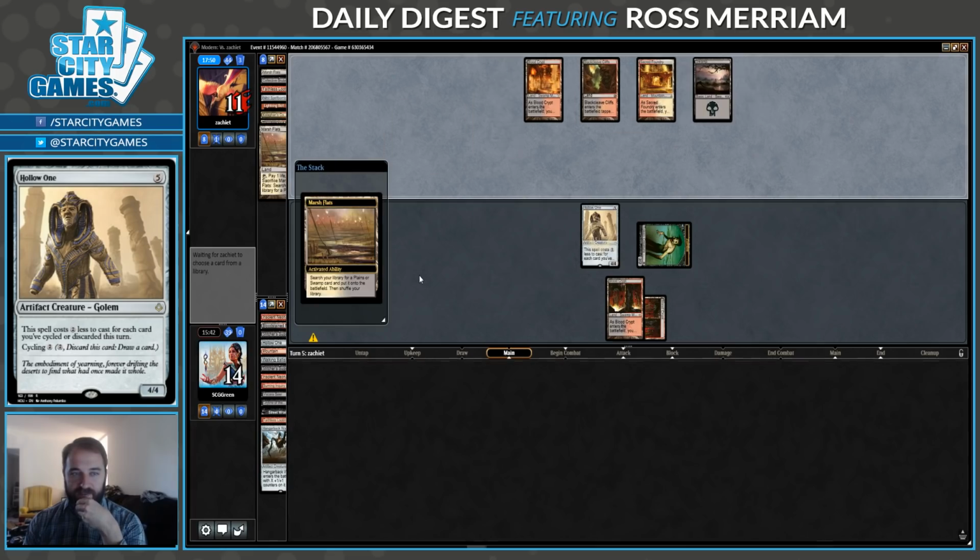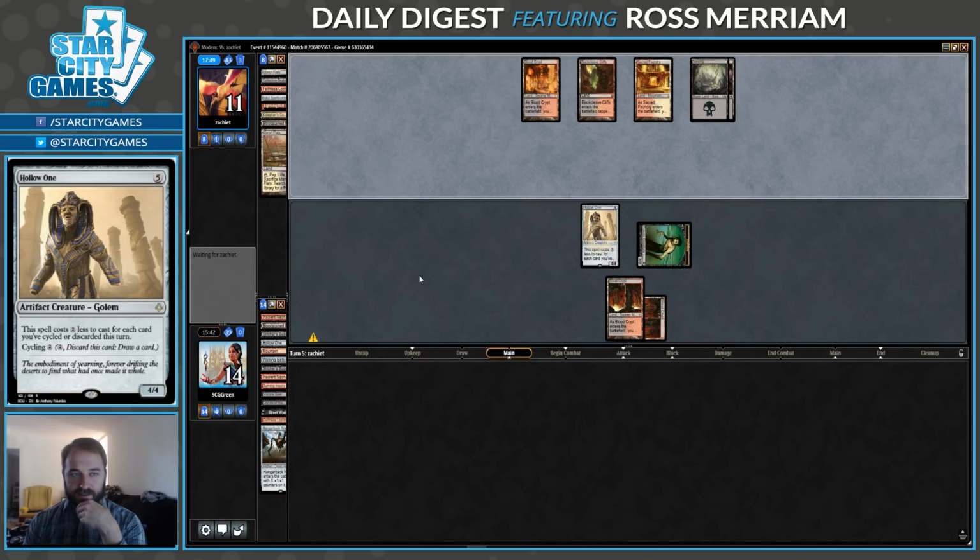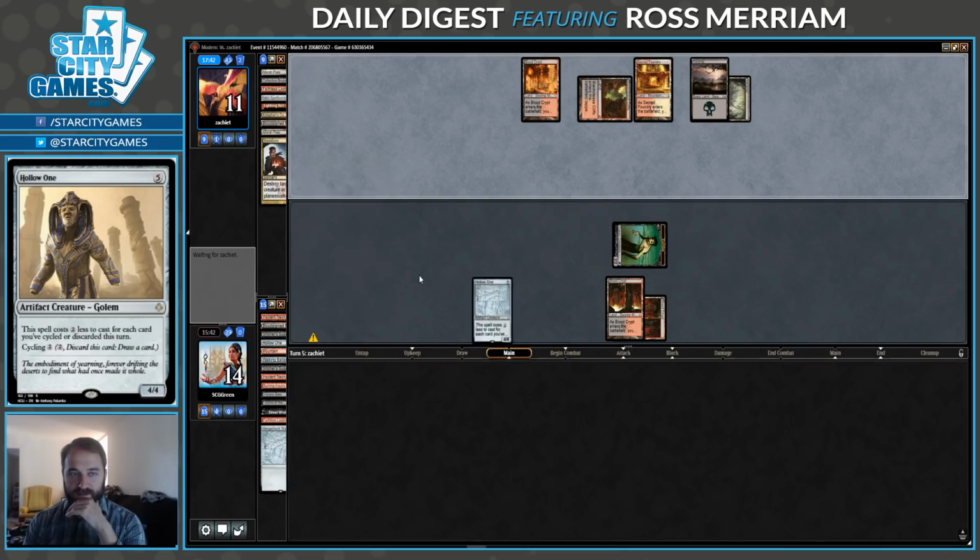Okay, land 5, happy to see that. Hopefully they have some discard spells in their hand. Oh, there goes the Hollow One. Is this Dreadbore into Bedlam Reveler here? And draw 2 cards. Discard 1, draw 3, technically, but...